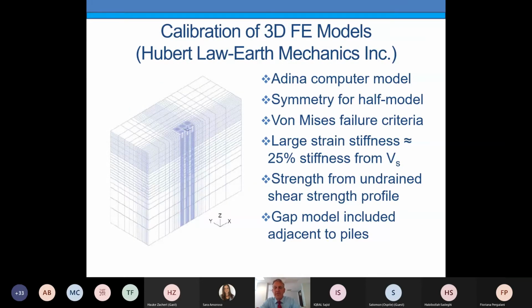Yeah, this was UD'A, the computer model. This was done by Hubert Law and his assistant Joseph Chang at Earth Mechanics in California. They used a model that modeled the piles as a vertical column with spokes coming out to plates around the edges of the piles. And that model could allow gaps to form behind the piles and allowed slippage on the front face. Okay. Good. And the soil was modeled with